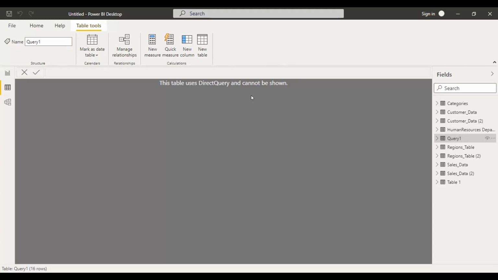The main benefit or advantage of the direct query method is, in any organization, if they have bulk data like millions and millions of rows, and they try to import the data onto the Power BI desktop, which has a limitation of 1 GB, they cannot import that much bulk data. And also it takes a very lengthy period, and everyone cannot do it on a daily basis. So in those cases, the direct query method is very beneficial because it saves the storage, it saves the time, and the direct query method is very fast.